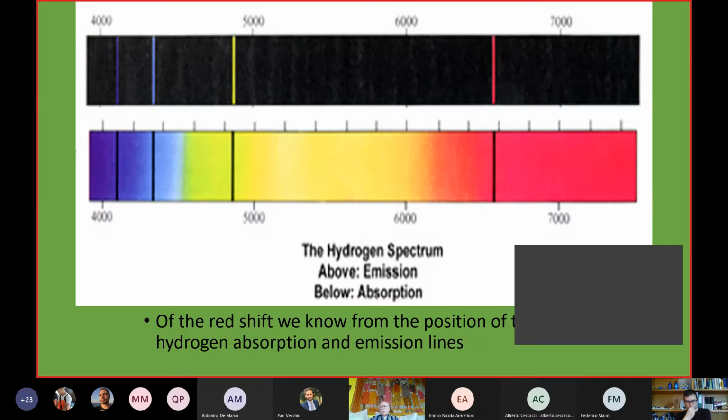Now, all the stars are receding from us, and that is called the red shift. And we know by what velocity and how fast they are receding, because we know the true position of the absorption of the hydrogen line. So the extent to which it is shifted in the spectrum of a star to the right tells us how far it is moving from us, and that would have been true, of course, for any observer in the universe.